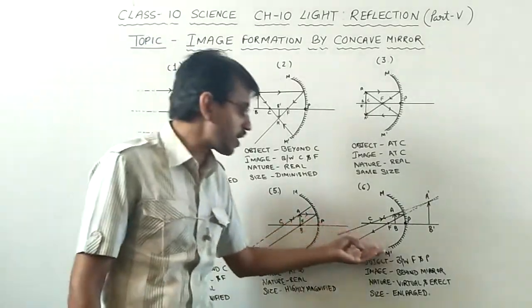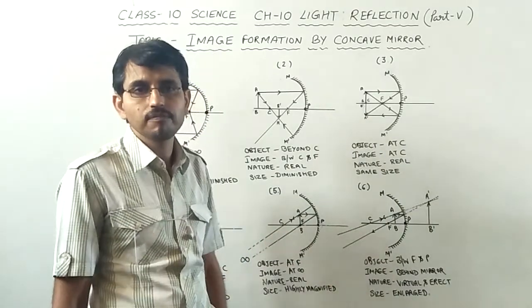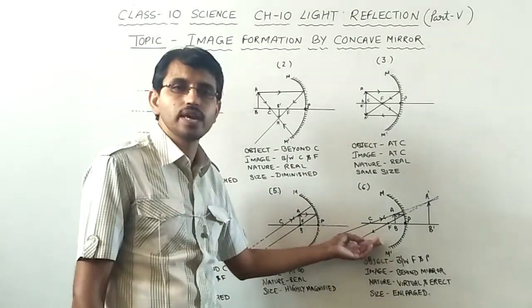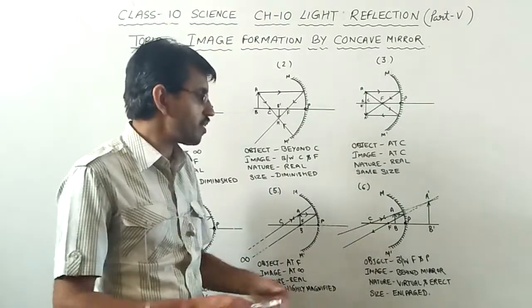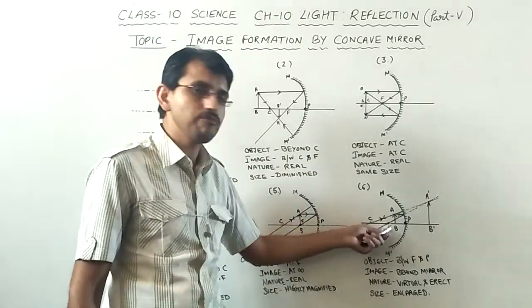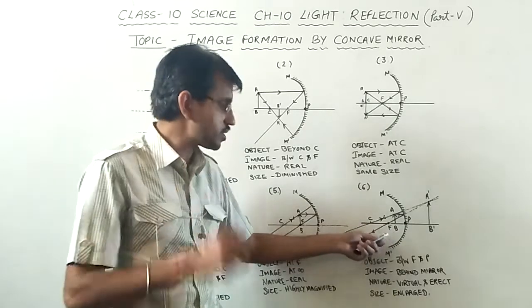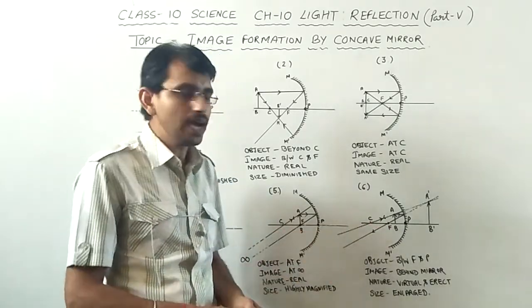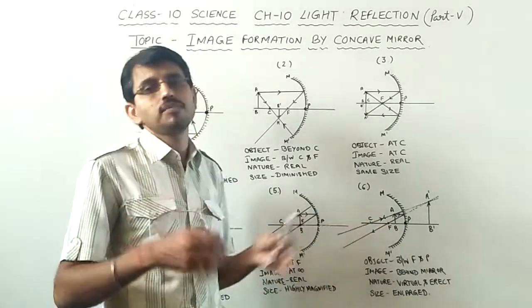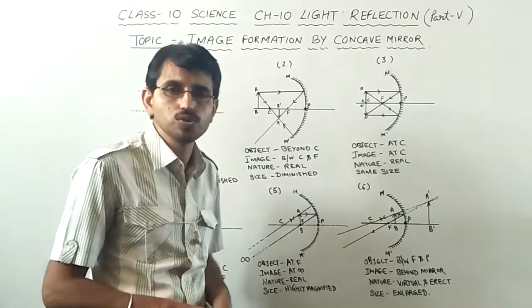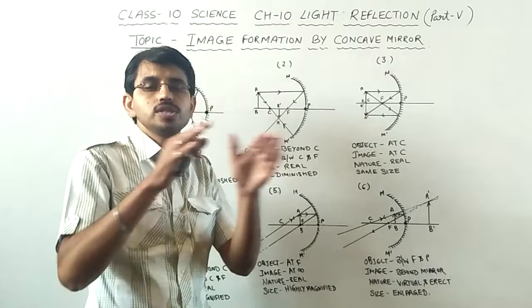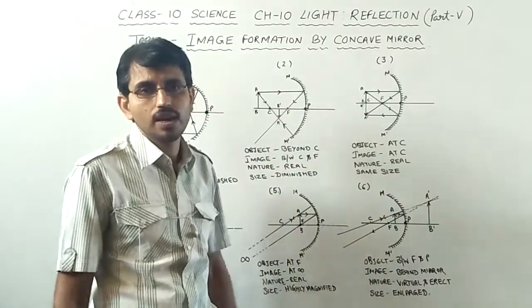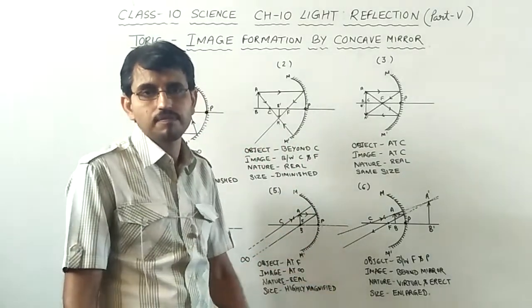Where do we find the application of this case in our day-to-day life? We can see the use of this case in a shaving mirror. In a shaving mirror, if we place our face between F and P, then we would get a virtual and enlarged image. So in saloons, this type of mirror is used so that the barber sees a bigger face of the person and it is easy to make